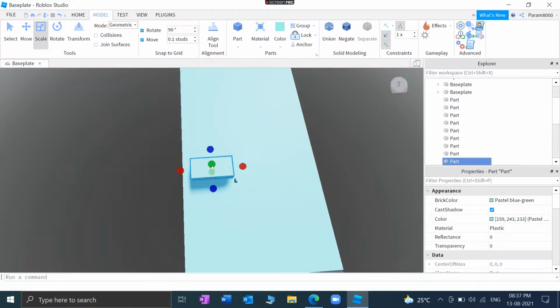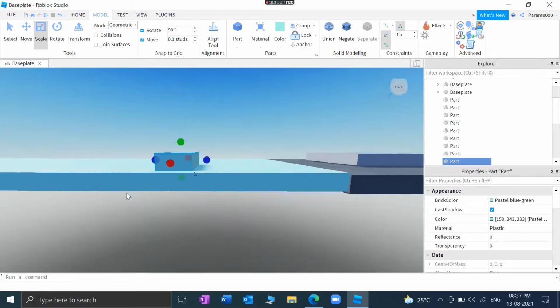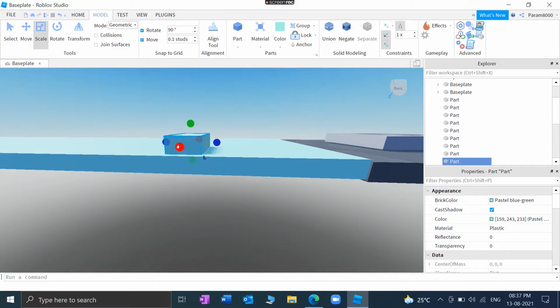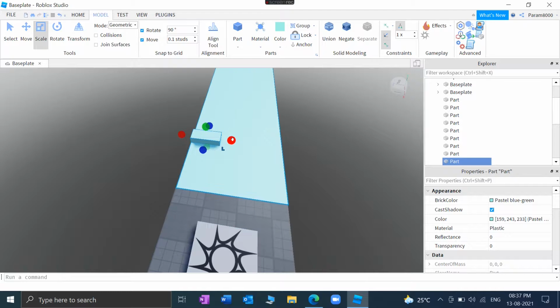Let's rotate him and move him right there. Perfect. And we'll just lengthen him a bit as well. So right now we have this, and we'll color him red